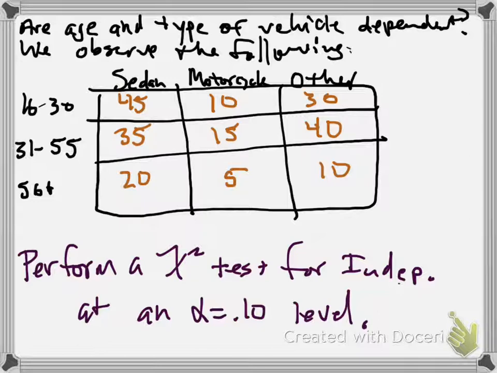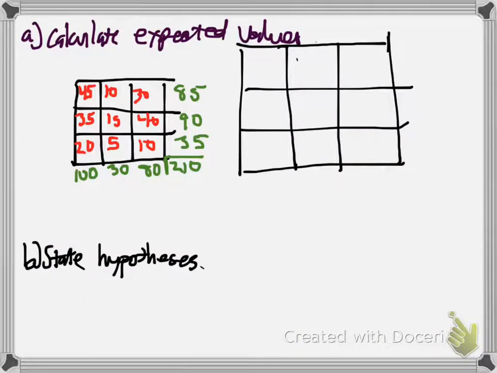So pause it. Okay, hopefully you have calculated the margins, because I did. So just to recall how to figure out these expected values, expected counts. For instance, if we look at this cell was the sedan up here, and it was the 18 to 30-year-olds. So this represents the 45 people in the sample who were 18 to 30 years old and